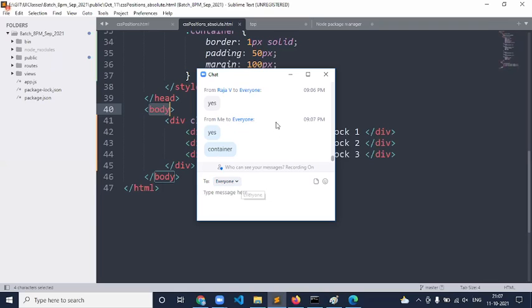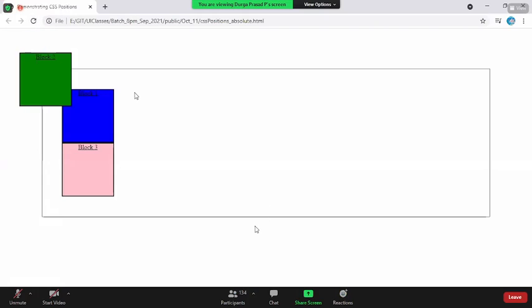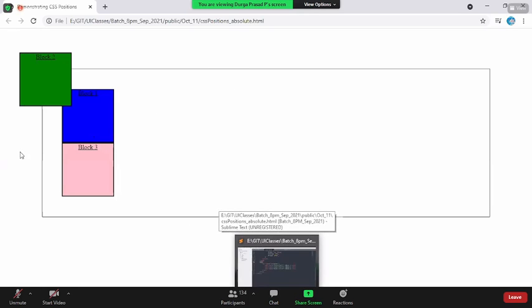Now, if you come back and reload the page, you see this is where my parent, the border one, is. When I set block 2 with top of 50 pixels, am I taking my parent or the body tag? Body tag, right? What is the reason?